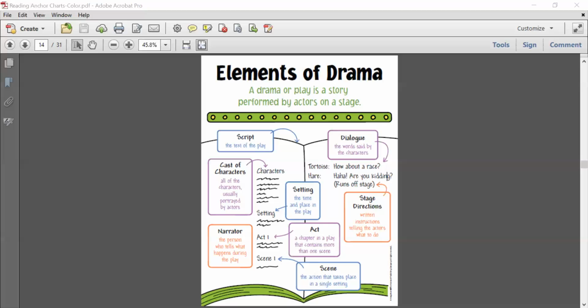The setting of the story would be where and when it takes place. So keep an eye on that in the video. Who are the characters? What might be an example of stage directions for this part of the play? This is where it kind of gets tricky because we don't have the script. So maybe look at some of the actions of the characters and write that down right here. Give an example of dialogue. This is just simply words that the characters say. So type in some words that the characters say. And then here, what might be the title of the scene?